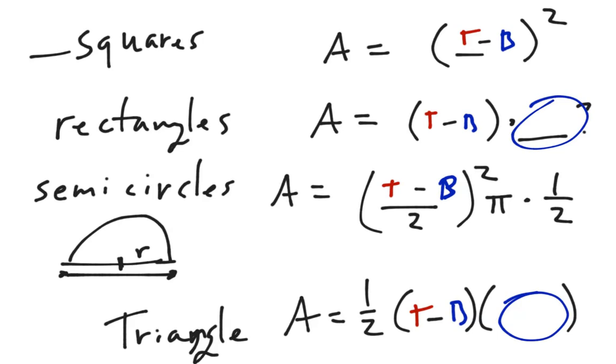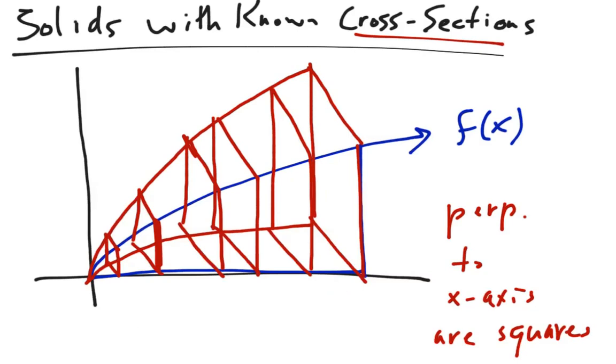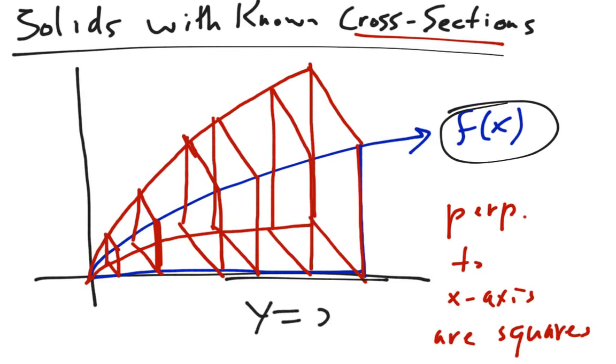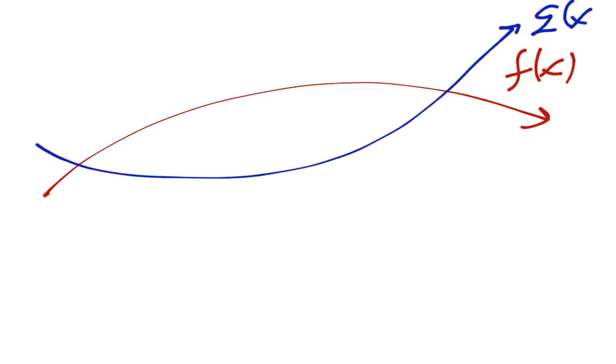Let's also talk really briefly about the top minus bottom piece. In the original example that we did, we only had f of x and then the equation y equals 0 for the bottom. But in general, you could have a situation where you have a top function f of x and then a bottom function, I guess we could color code this so it's better. The top function was red, and we'll call this f of x, and then the bottom function was blue, call it g of x, and then you could have, for example,